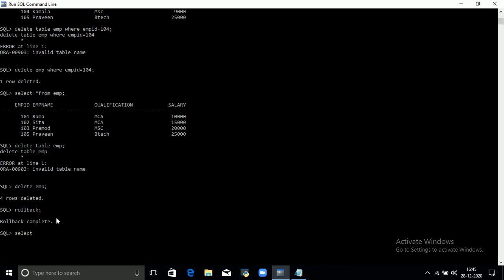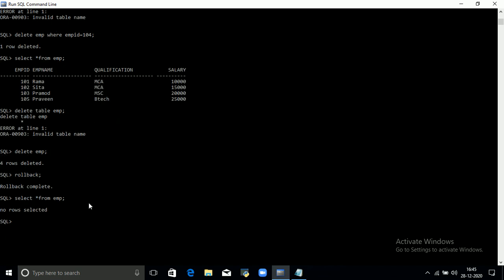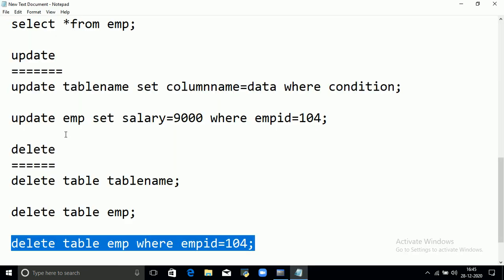So select star from EMP. So no rows are selected here. So there are no rows in this table, because we already deleted the 4 rows. Okay. So this is the delete command.